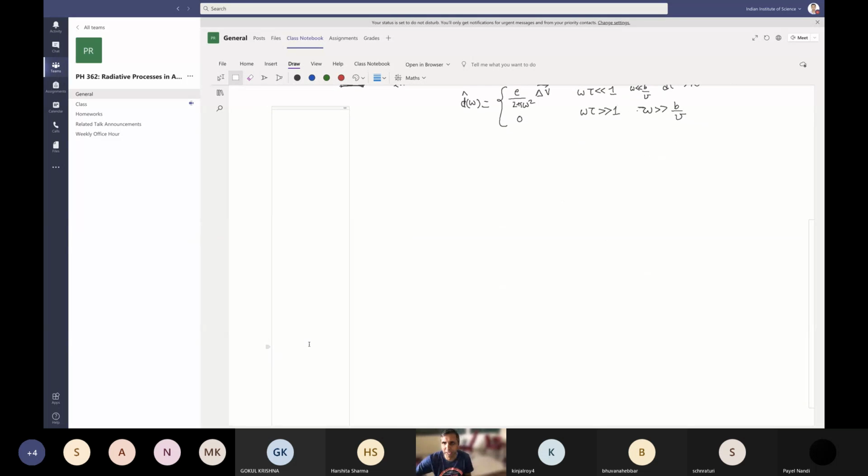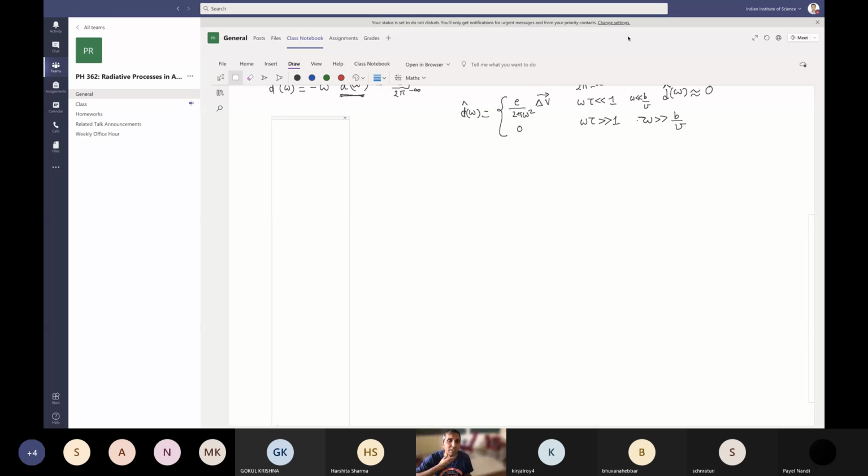So the setup is clear, right? We have a single electron and a single ion, and we are calculating the Fourier transform of this dipole moment. Now we will use the dipole formula that we derived previously. If you recall, we derived that